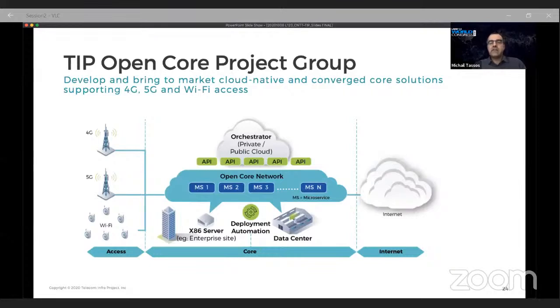CNTT has done great work to consolidate requirements from the service provider side and come up with a reference architecture for cloud native infrastructure. So what we did in the case of OpenCore, instead of defining yet another set of requirements, we partner closely with CNTT. And in our first lab trial, we are implementing the cloud native infrastructure based on RA2, and